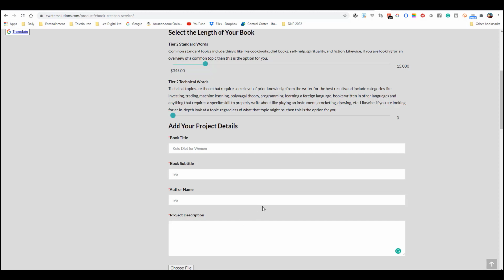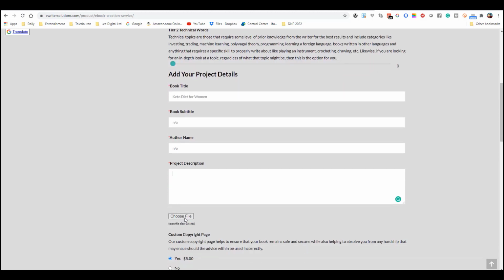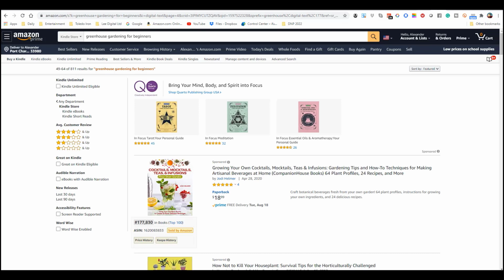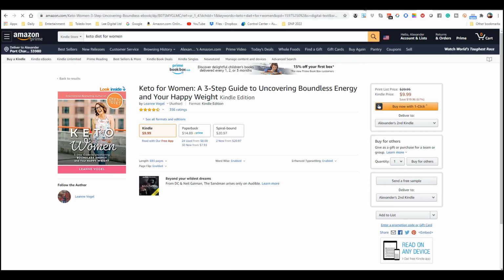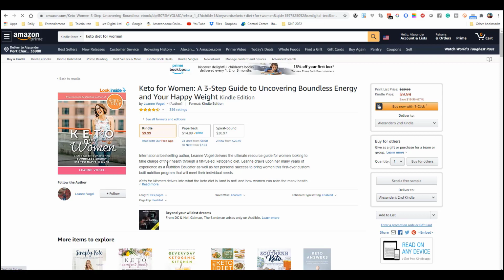So we talked about an outline. The outline, if you worked on it and you meticulously made your outline, you would either upload it as a Word doc into here, or you could type it in. If you don't want to do the outline and you just want to go based on other books that are kind of general, like Keto Diet for Women, that's kind of general. So here's the book that we just looked at. What I've done in the past when I'm getting into a niche, when you don't know an area too well and you're not targeting specific trigger points that buyers are looking for, you just want to step into like for beginners type of thing, like keto diet for beginners,